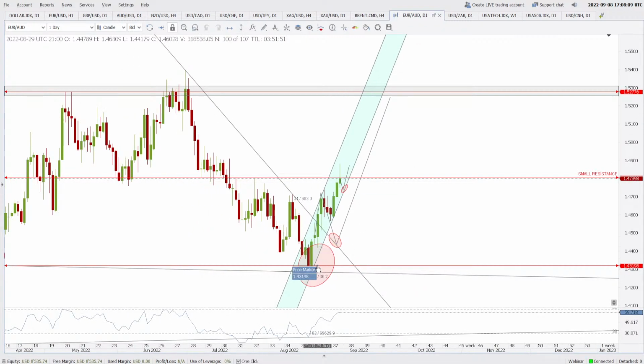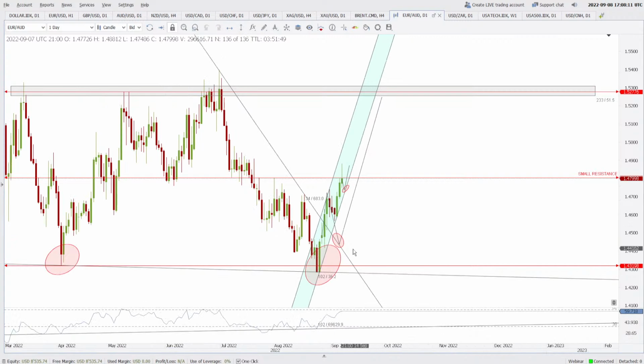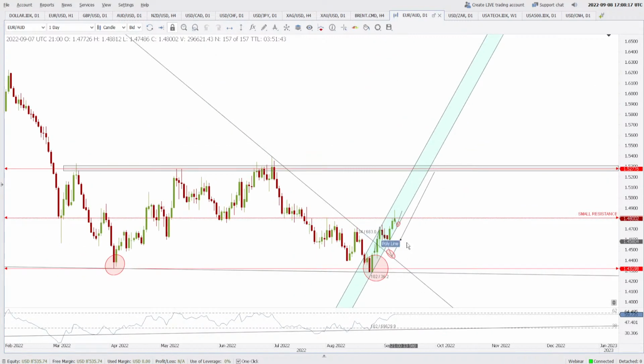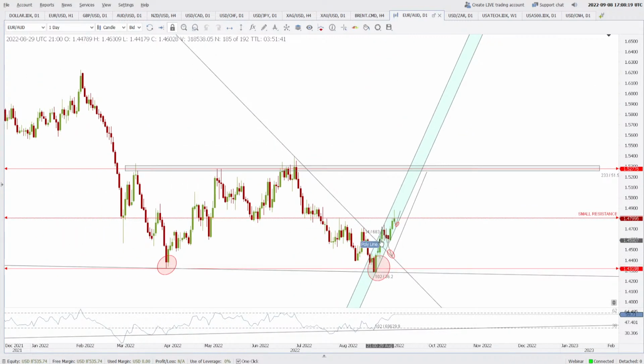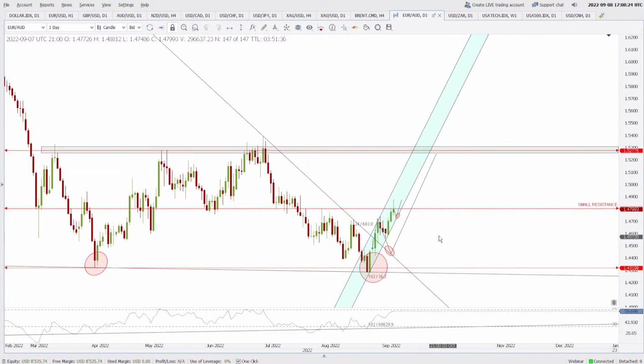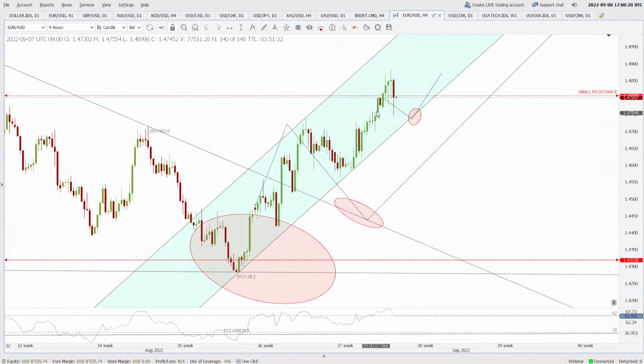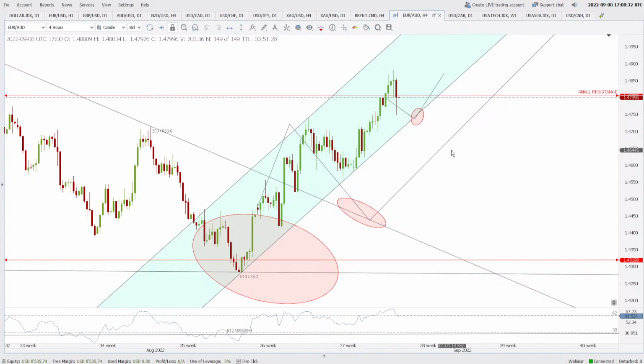Also notice that the price has been rising for a long time here. I think 7 days of rise and 3 days of fall. This is not a very healthy thing. I think the price needs some pullback, and then if it rises it will be good. And pull back to what extent? Maybe it can fall to this extent, to this rising channel support, and then rise further.